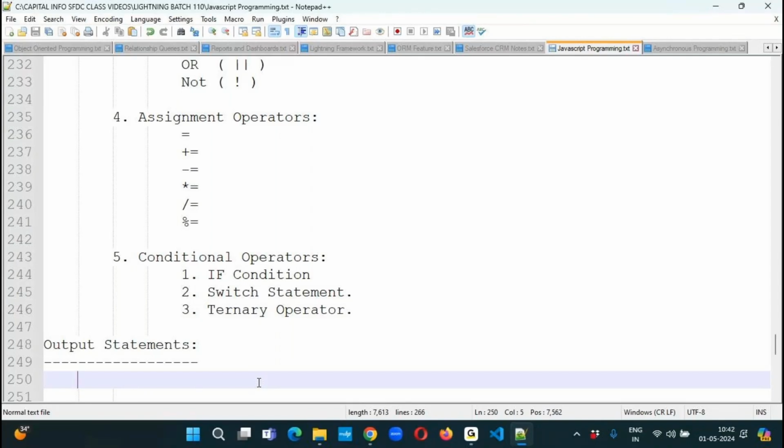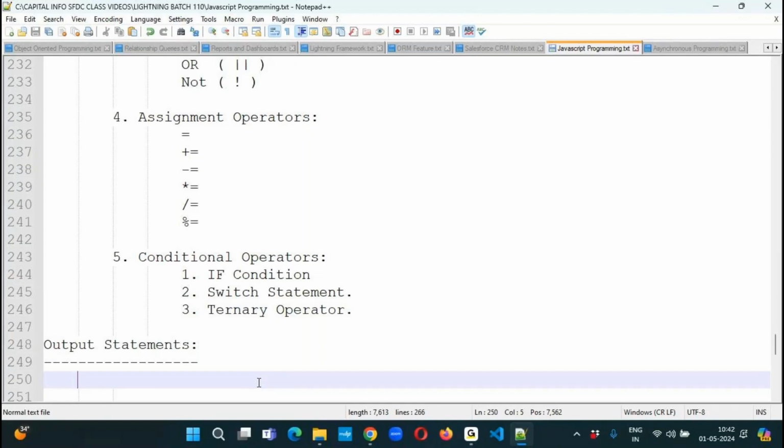These are the 5 categories of operators that we have in JavaScript: mathematical operators, relational operators, logical operators, assignment operators, and conditional operators. By using these operators, we can perform certain operations on operands,